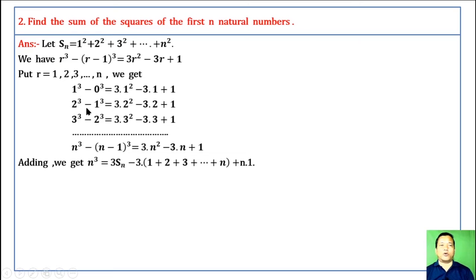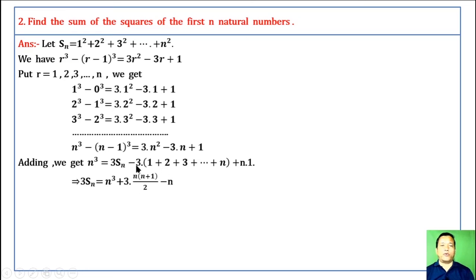we get this cancel up to this cancel. We are left with n cube minus 0 cube on the left side, that is n cube only, equal to, we have to add the first column, the first term on the right side, taking out 3, and the remaining one is 1 square plus 2 square plus 3 square plus up to n square, that is represented by Sn, minus, we have to take 3 common from the second term of the right hand side, we get 3 times 1 plus 2 plus 3 up to n, and 1 is added n times, that is n into 1. Therefore, thrice of Sn equal to n cube